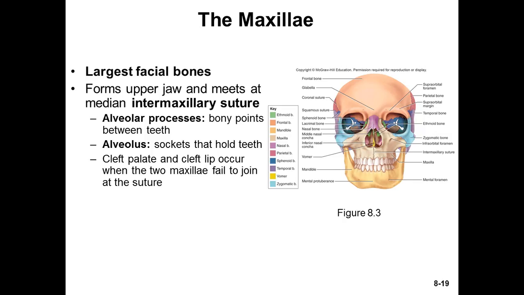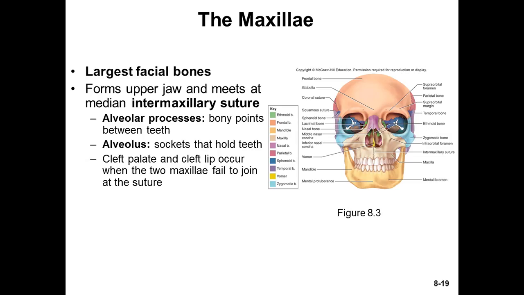When you have a tooth extracted, of course, there's a little hole there. And then over time, that little hole becomes a smooth surface. That's bone resorption. Cleft palate and cleft lip, of course, during 12 weeks of gestation, the